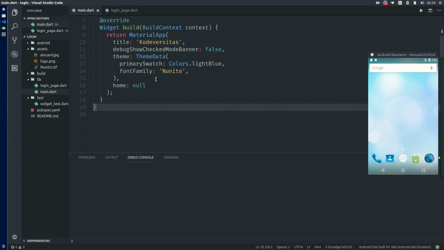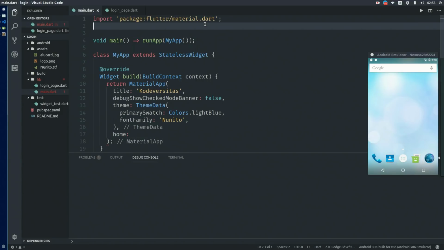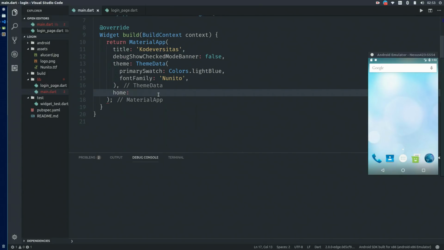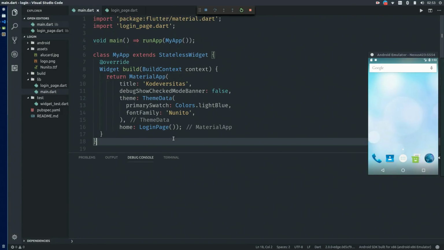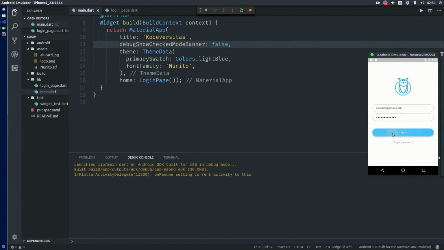Maybe we can look at the login page before. Okay, before we use the login page, don't forget to import that class login page, and then specify login page as the home of material app. Let's see the result. Okay, here we go. We get the result. It's quite good. And after the login button is clicked, I want to navigate to a landing page or a home